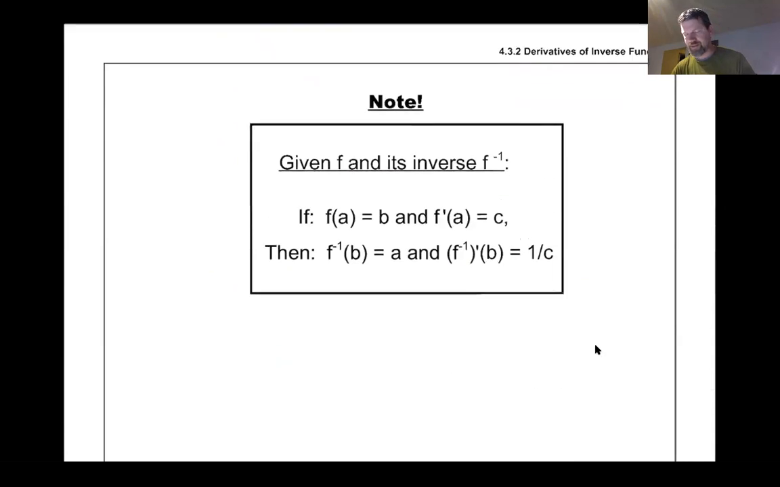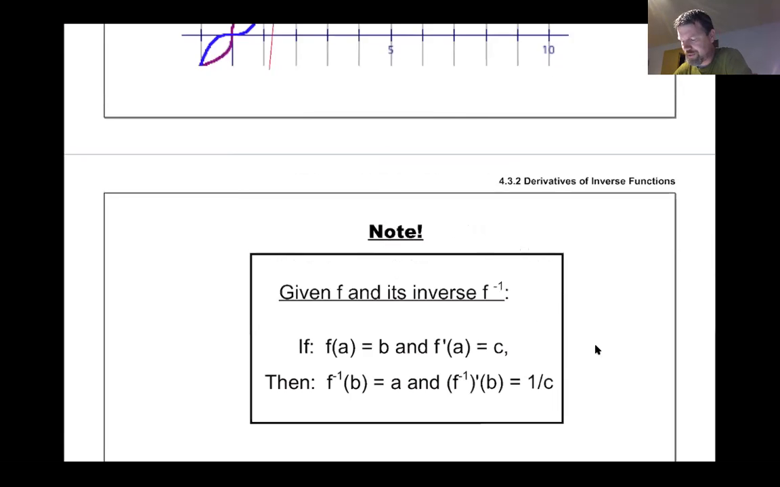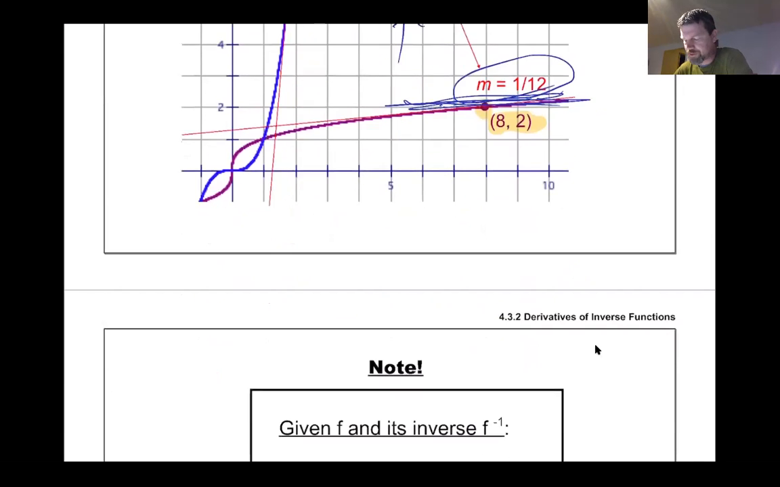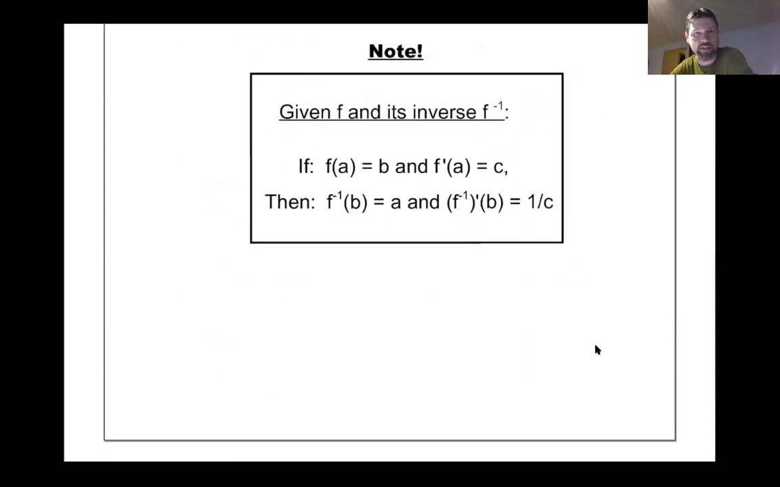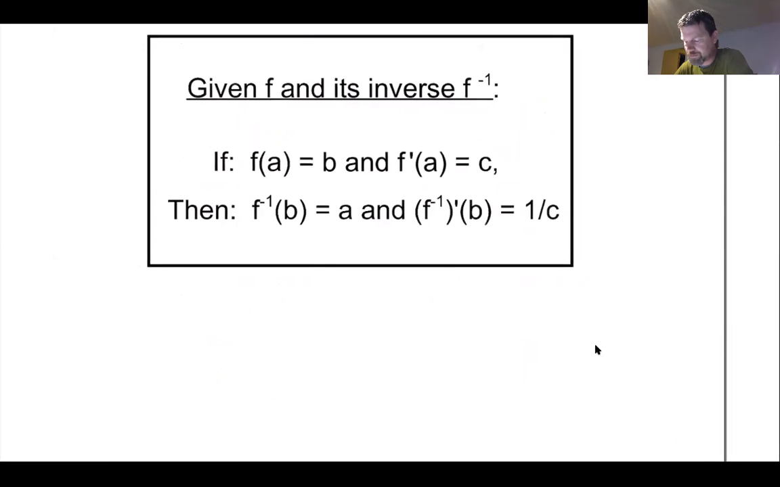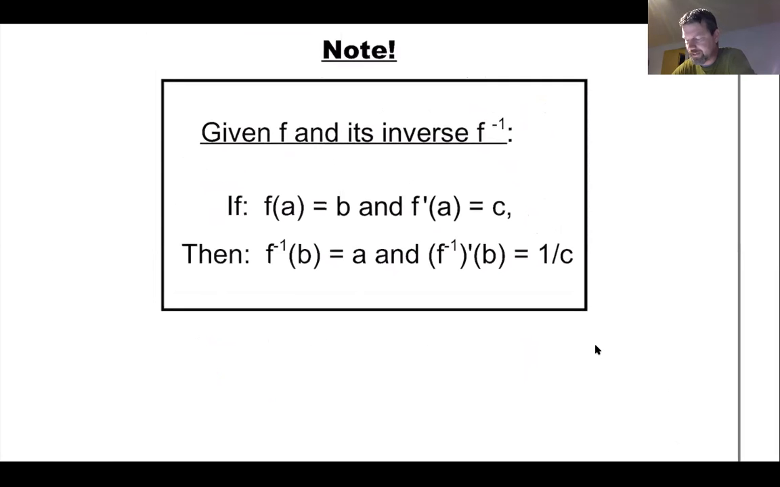All right. Here's a note about that stuff. It's kind of mathematical. It can help some people. I find just having the idea of this is more beneficial. But if you like it, here's exactly what we talked about in some more math terms. It says given f and its inverse f inverse, right? If f(a) = b and f'(a) = c, so that's the original function is some point b and the derivative is some slope of c, then